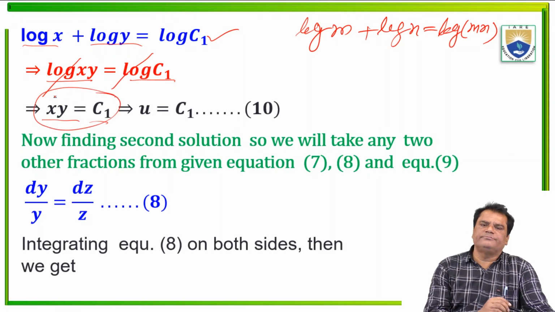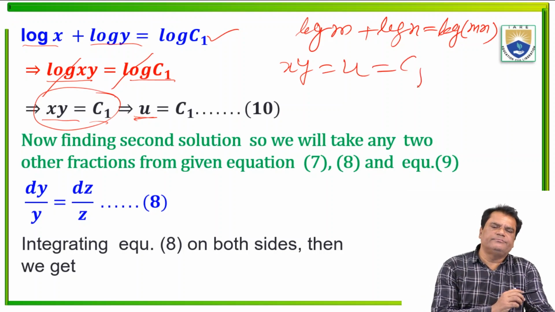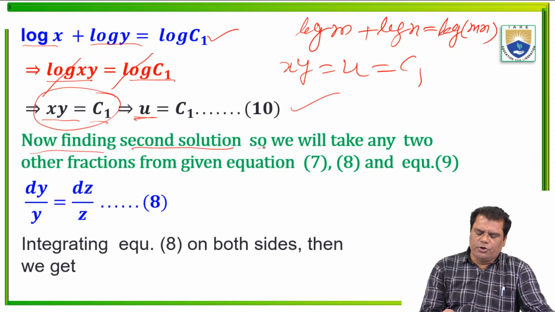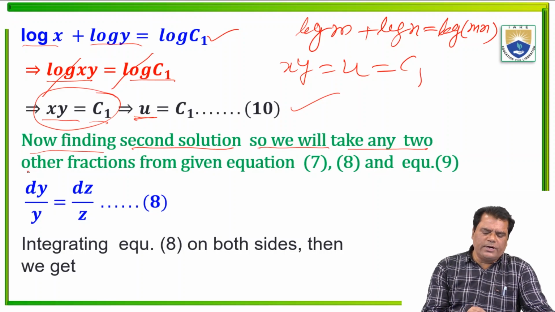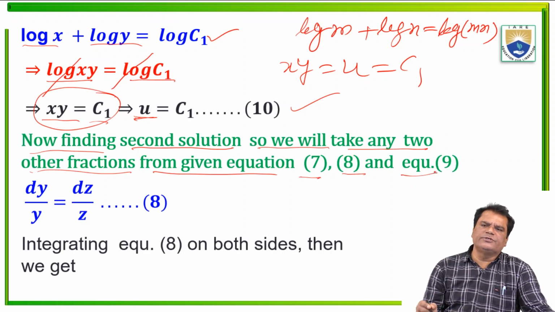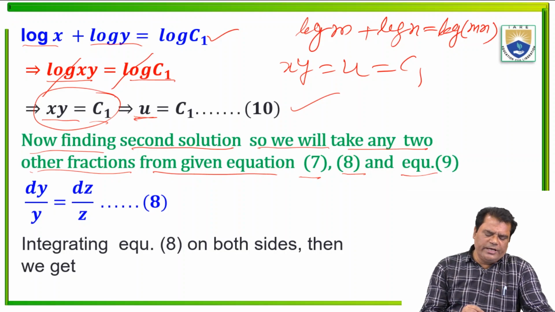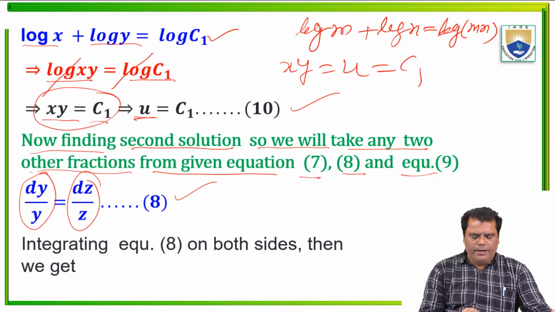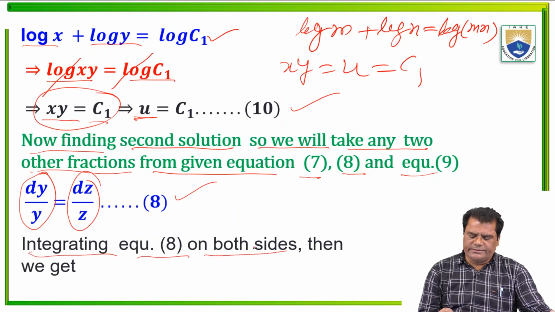This is the first solution, represented by u. xy is equal to u is equal to c1. This is equation 10. Now finding the second solution. We will take any 2 other fractions from the given equations 7, 8 and 9. Here we take equation 8, dy upon y equal to dz upon z. This is the second relation. Integrating equation 8 on both sides, then we get